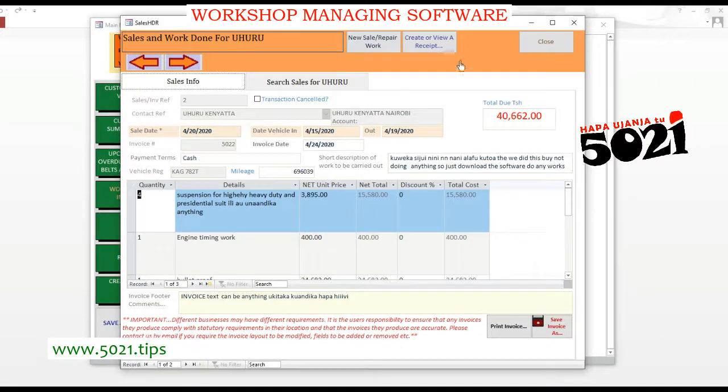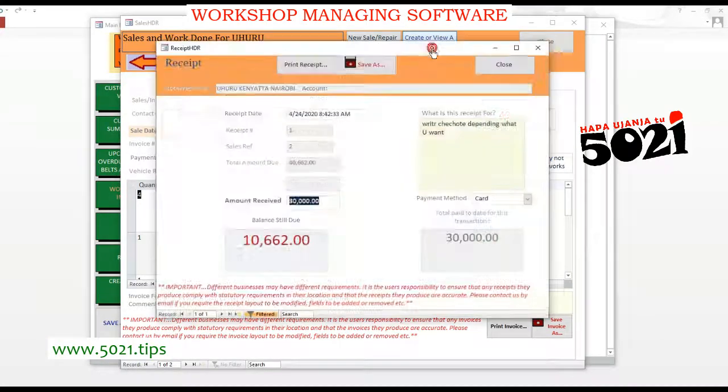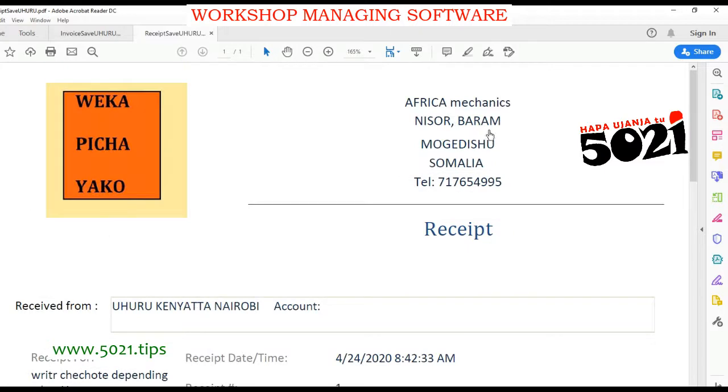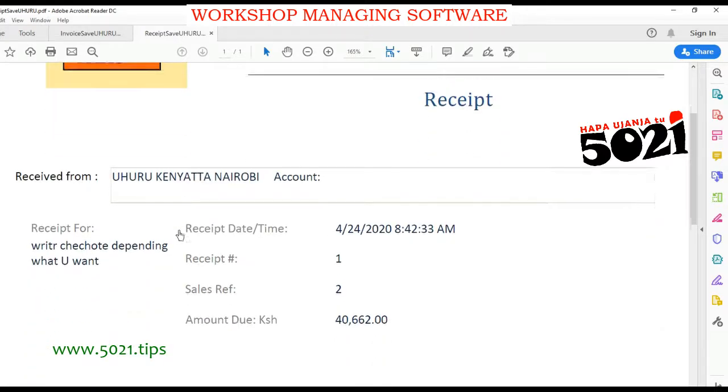Say you want to create a receipt. You just create it here. Maybe if you have 30 and you say you paid maybe 20 grand, whatever much you paid, you just write anything. Then his receipt will look like this. You can add things from your invoice, because I just entered these details. Yes, there's a sample to show you. So, receipt from Kenyatta, account that, receipt for,